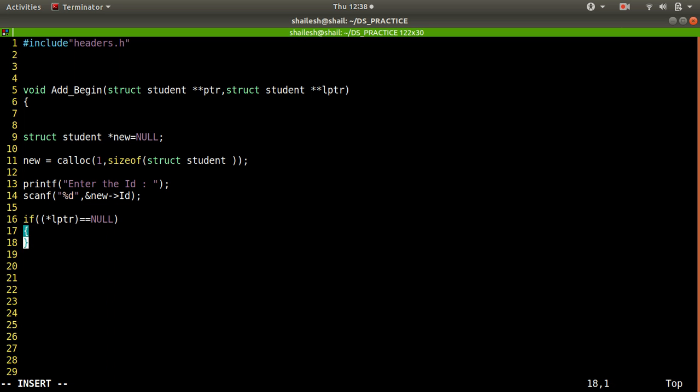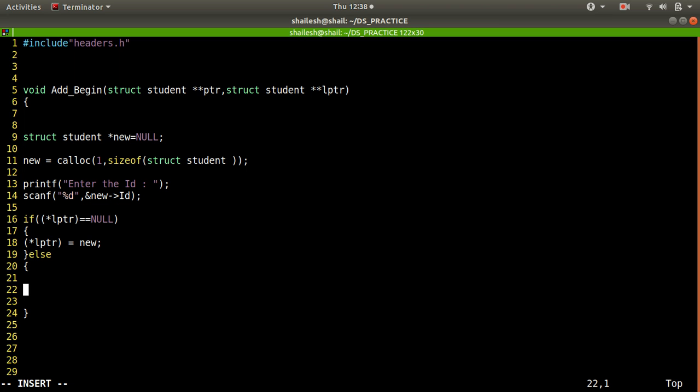So yeah, it's null because no linked list exists before this, so it's always null. So what I need to do is make my new node. So my new node is added. My last pointer is pointing to the first node, and in this link my first node is my last node, both are the same. But if a link already exists, let's say one node already exists,